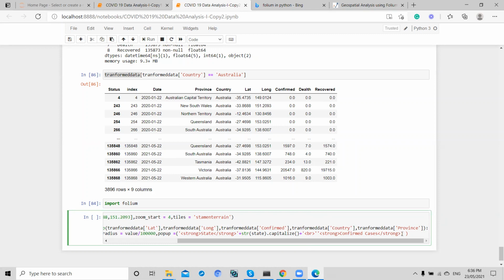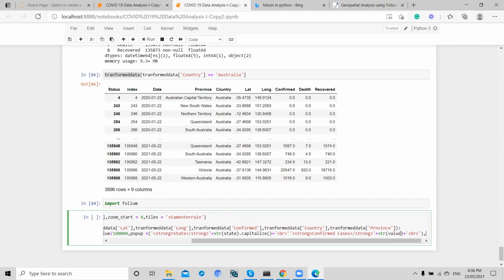Let me close this, plus str of value, plus, let's add one more br, which means enter. Let's add the enter line there, and then